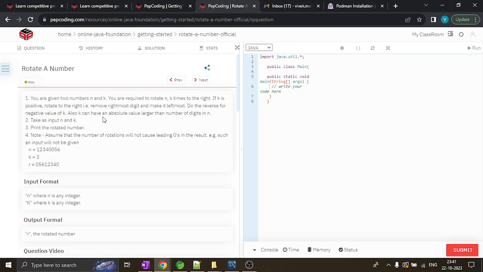Also, k can have an absolute value larger than the number of digits in n. Take input n and k, print the rotated number. Assume the number of rotations will not cause leading zeros in the result. Example, such inputs will be, okay,